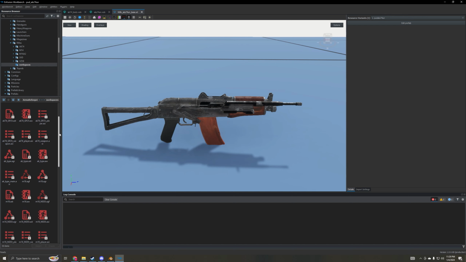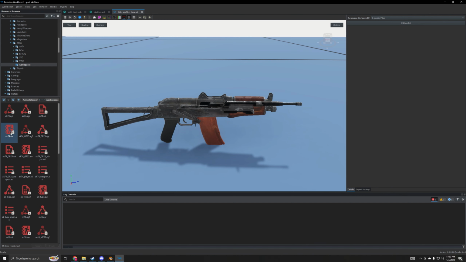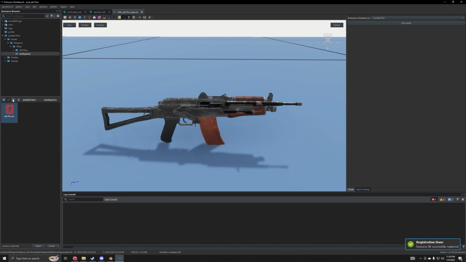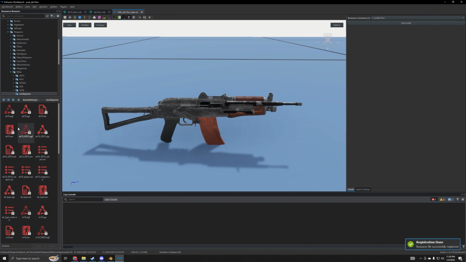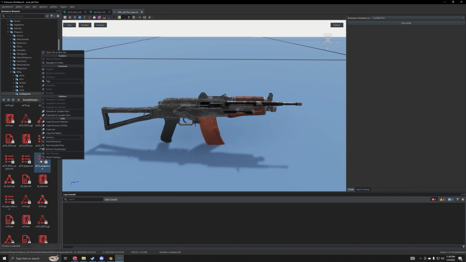If you're doing a character animation, you might need more, but I want to take the workspace for the AK-74 and copy it to my project, renaming it, of course. Since I'm just concerned with the weapon animations, we've already seen that the character animation should work just fine. I'm going to take the AK-74 weapon instance,